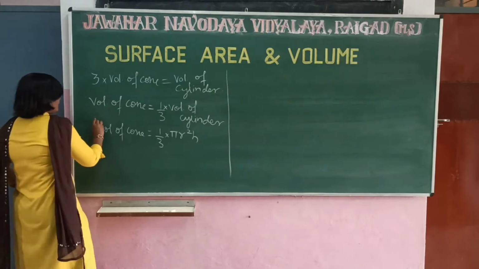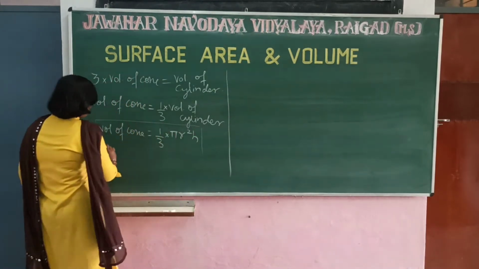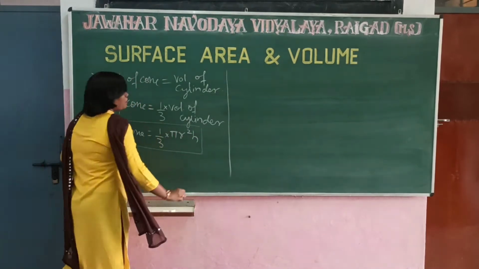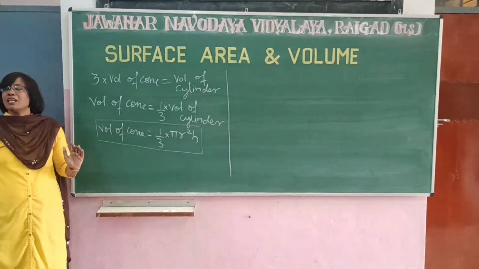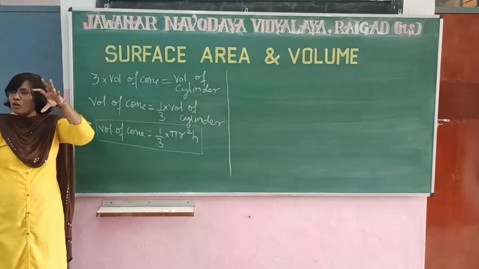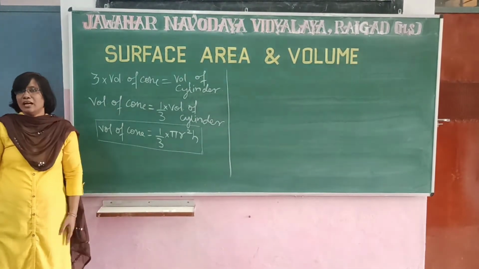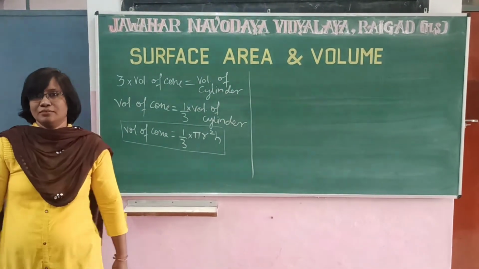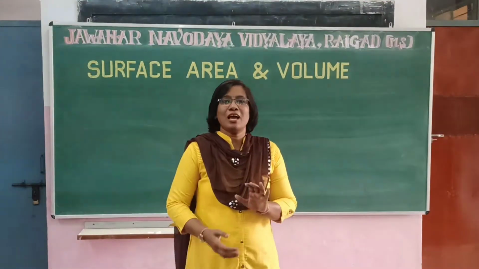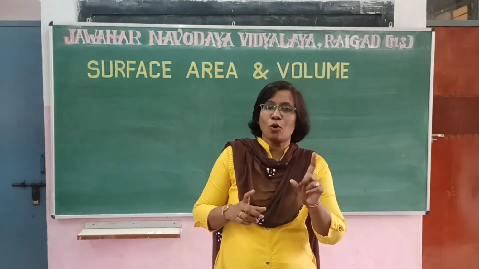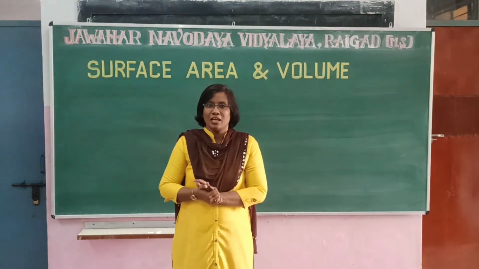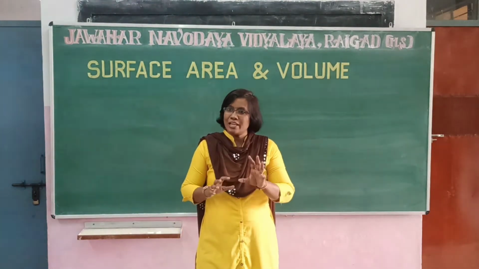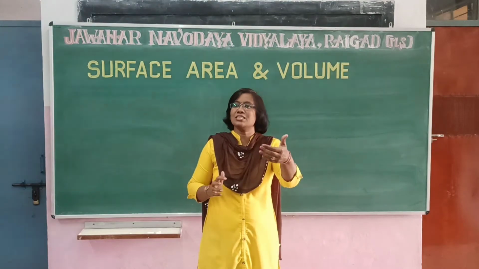So we have done it experimentally that the volume of cone is equal to 1/3 into pi r square h, which I think will be imbibed in your mind for a long time because you have performed the activity. Okay? So we have seen the relationship between the volume of cone and the volume of cylinder, right? Now in real life where it is used, where we can see such things.